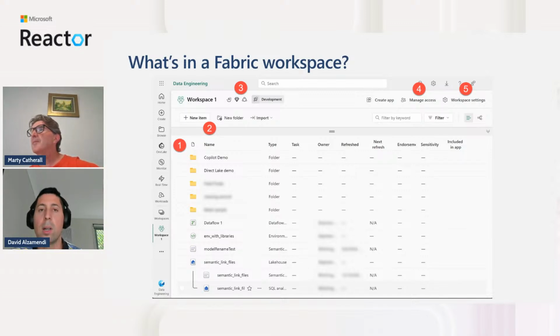You can create folders and group items logically, but you can also see that we have a Lakehouse, a semantic model and a SQL analytics endpoint. As part of this series, we're going to cover them, but it's important to understand that in many cases you might want to have the data movement objects in one workspace and the reporting objects in a different workspace, because that gives you more flexibility on how to manage access.